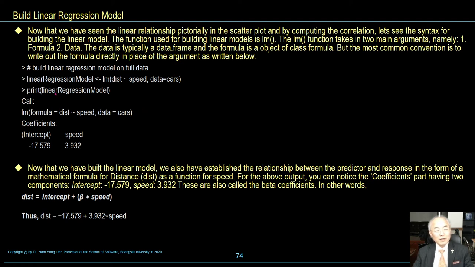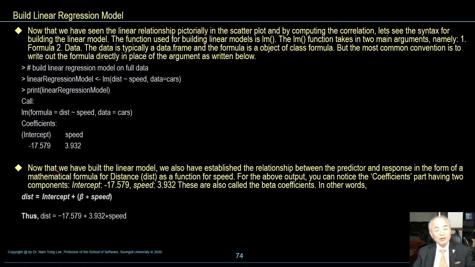Print the linear regression model, and then the coefficients: intercept is minus 17.579, and the speed coefficient, beta 1, is